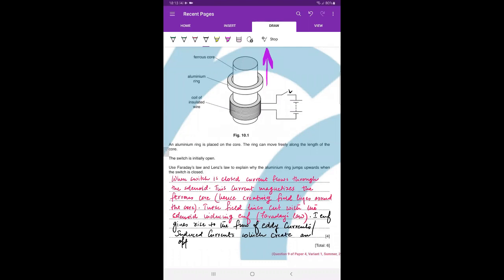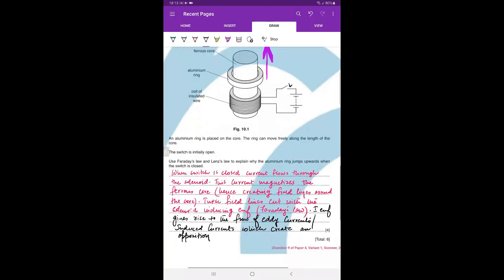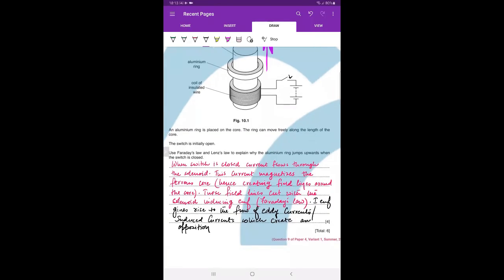I need to write some more statements further, so I'll need some space down below. Check the wording written so far. So when the switch is closed, current begins to flow through the solenoid. This current magnetizes the ferrous core, hence creating field lines around the core. These field lines cut with the solenoid, inducing e.m.f. based on Faraday's law. The induced e.m.f. gives rise to the flow of eddy currents / induced currents, which